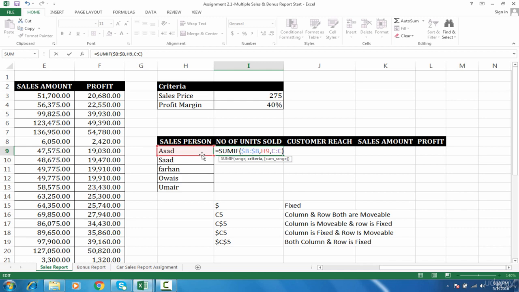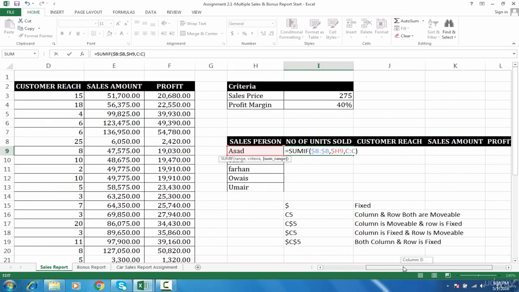So as we move down, do you think the criteria should change so that we can get the results for the next salesperson? And moving further, it should change. Yes. So the row should change, but the column should be static. So what I need to do is, behind this column letter, insert one $ sign. And for the sum ranges, what we need to do now is